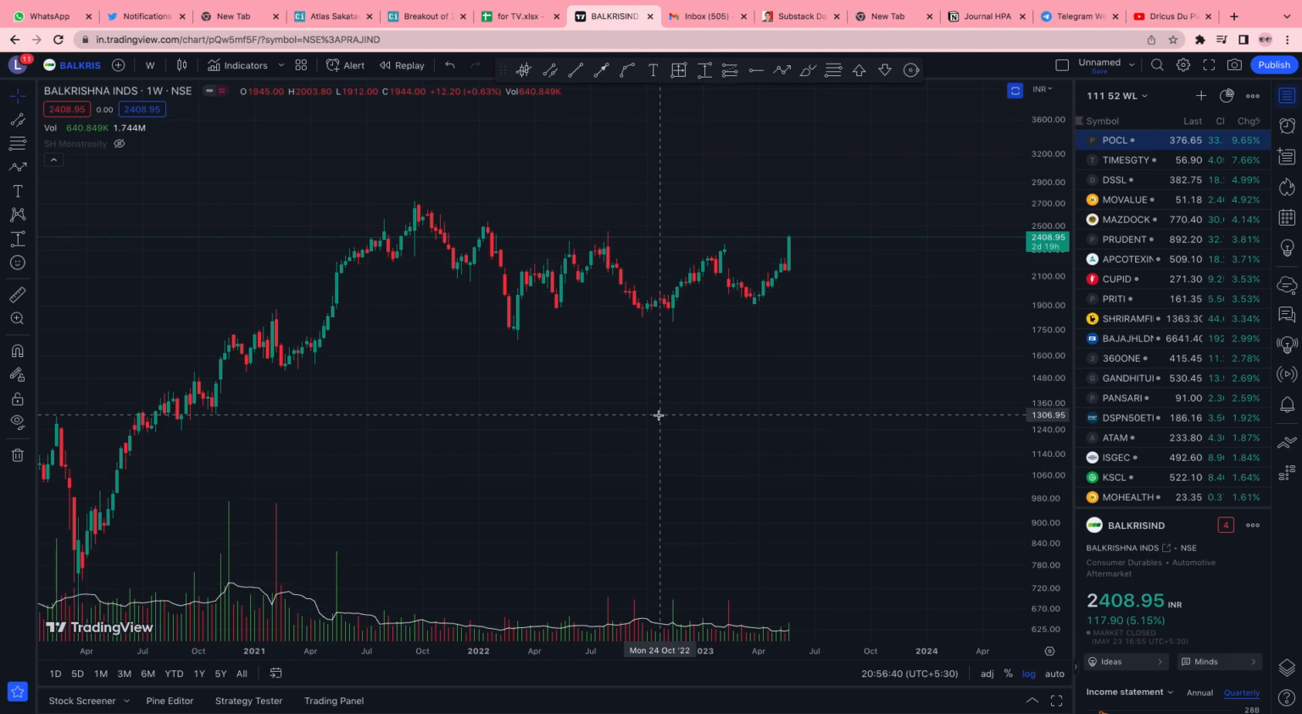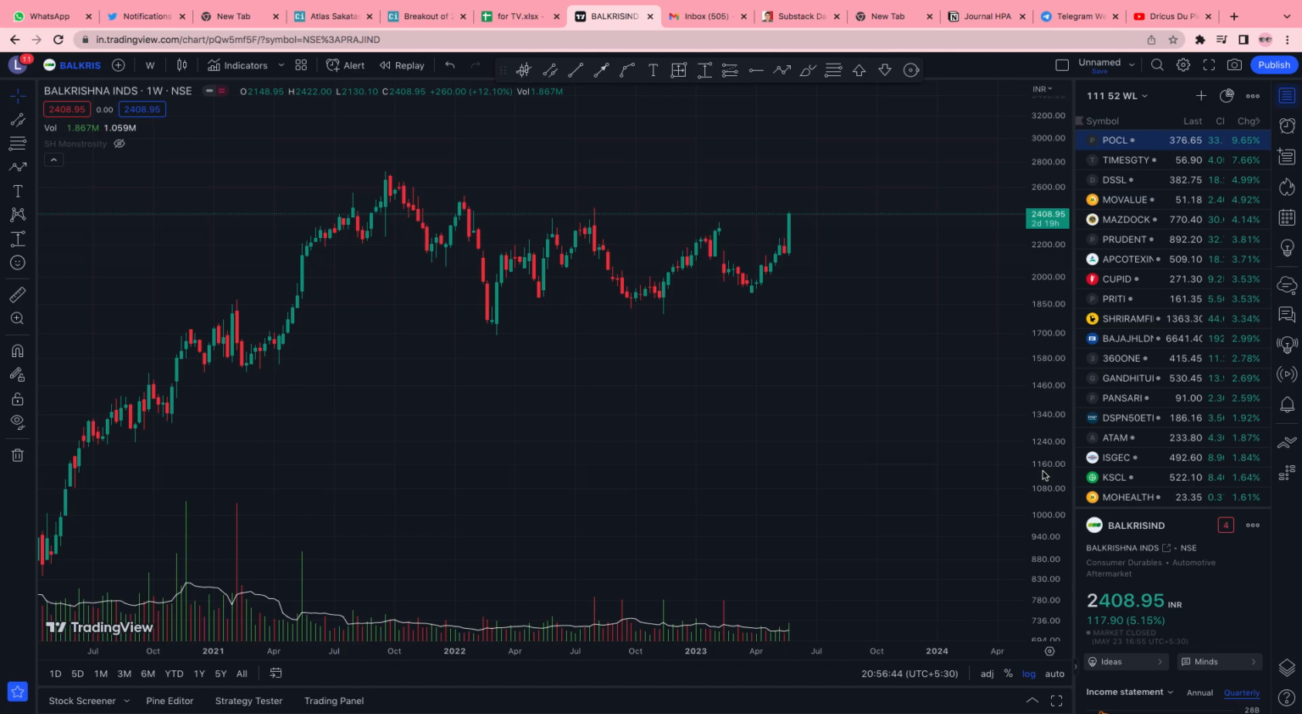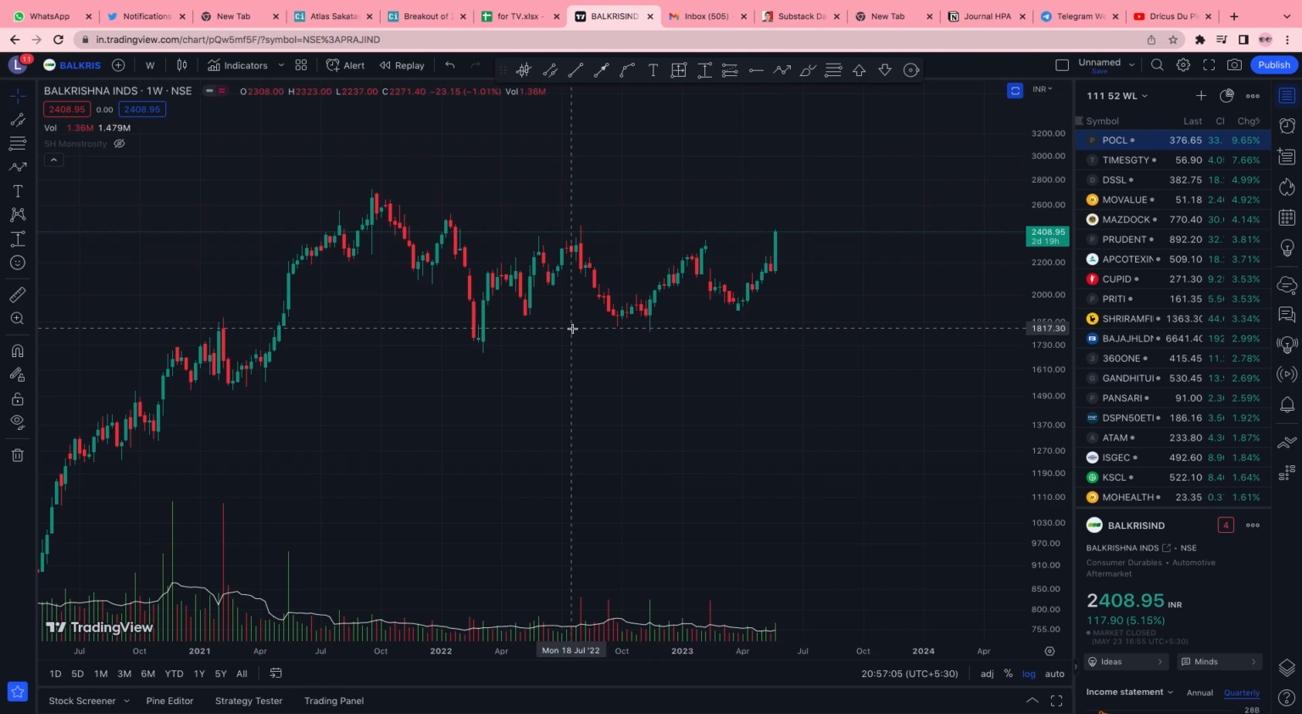So this is a VCP, and what I'm going to show you is how to count the contractions. I understand that if you're new to VCP and counting contractions, it can be not complicated, but it's not simple as well, right? So how to approach that is basically just forget about everything and first mark the tops and bottoms